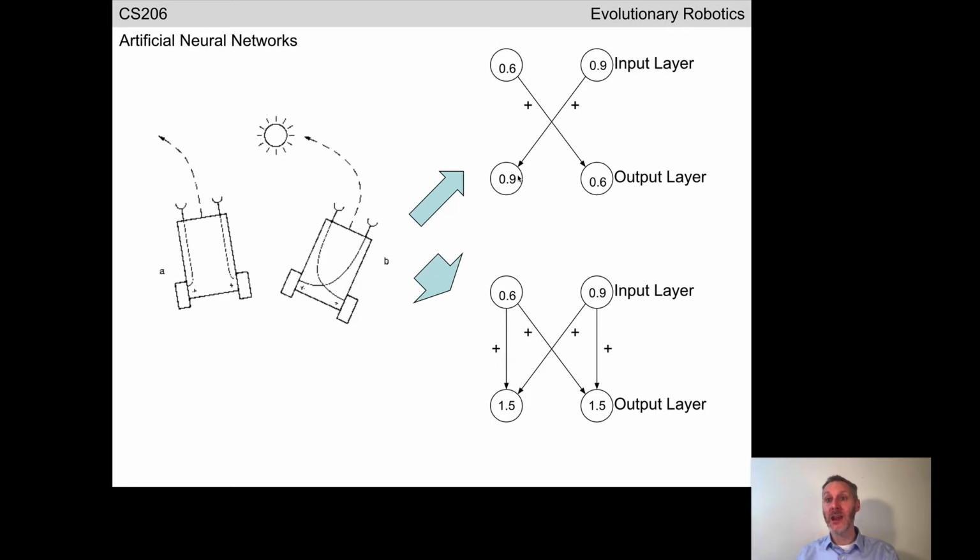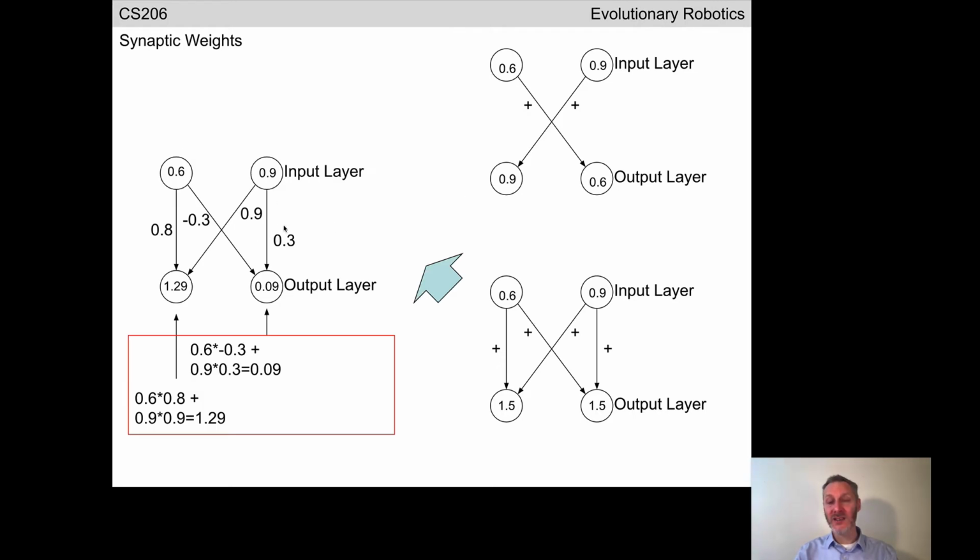So we can represent any neural network as a graph, where a graph is made up of a series of nodes and edges. The nodes are meant to represent neurons, and the edges are meant to represent synaptic connections between those neurons. We can wire up our neural network however we like. We can assign weights of influence to our synapses. These are usually negative and positive floating point values. If you set the weight of influence of a synapse to 0, that means by definition that the presynaptic neuron,